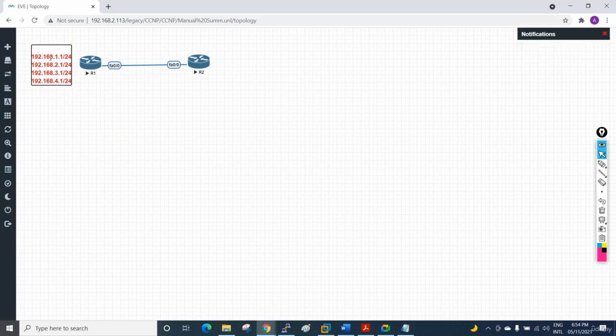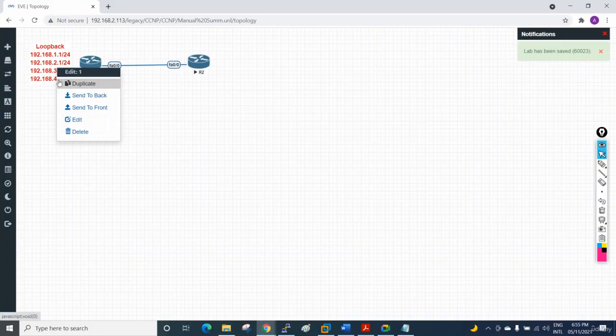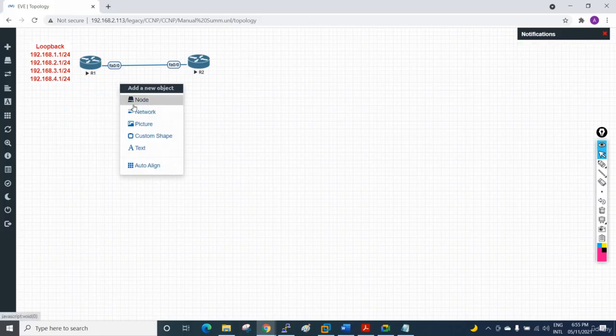Here we can write, or we can take multiple routers and connect, but for lab purpose this is enough, loopback. So one side loopback is enough, so we can do it here only, no need to do here. Okay, so let me take the